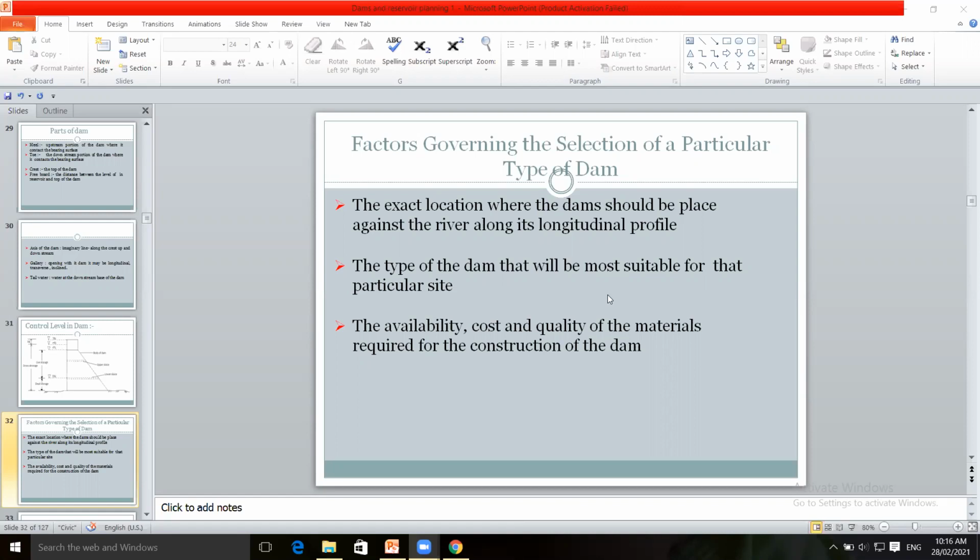generation of electricity. We have seen different purposes, uses, necessity of the dam construction: navigation purpose, recreation purpose, fishing purpose, then generation of electricity, supply of water to a particular city or town or industries, the amount of water required to be supplied, the discharge of the river that will be supplied. It depends upon the location, site selection of the dam.